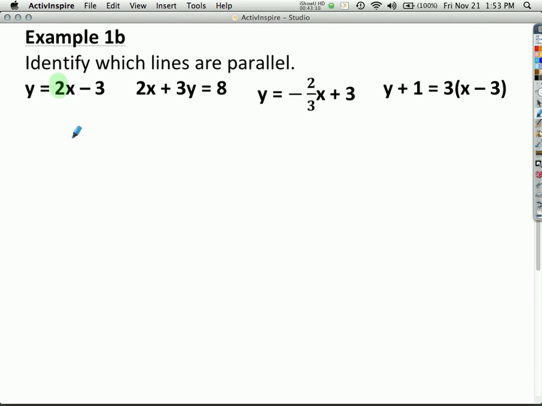Oh, okay, I didn't realize. All right, so let's come back to that for a second. I'm sorry. So let's go to equation number 3. What's the slope of equation number 3? Kaylee? Negative 2 over 3. What's the slope of equation number 4? Yadesh? I'm sorry? 3. Very good. Okay, so we can see the slopes of 3 of them, but we can't see the slope